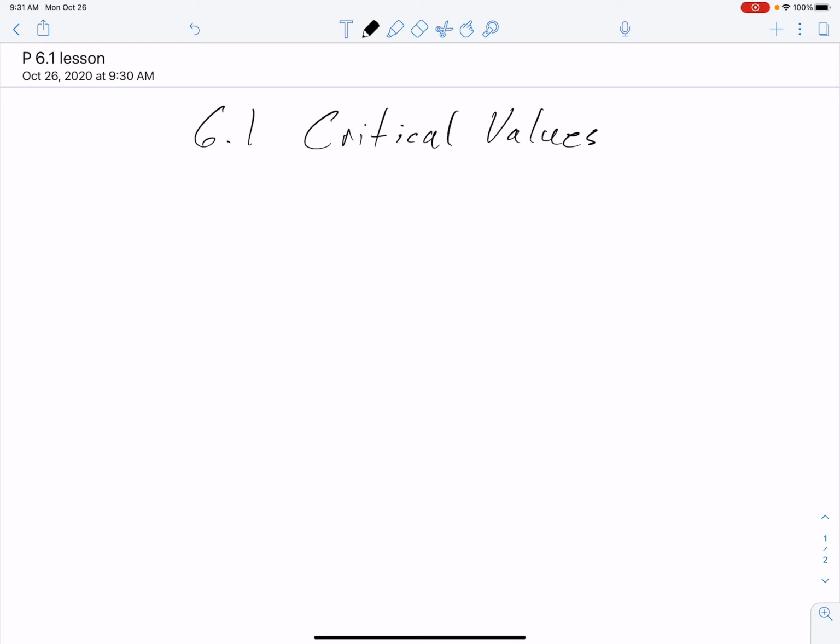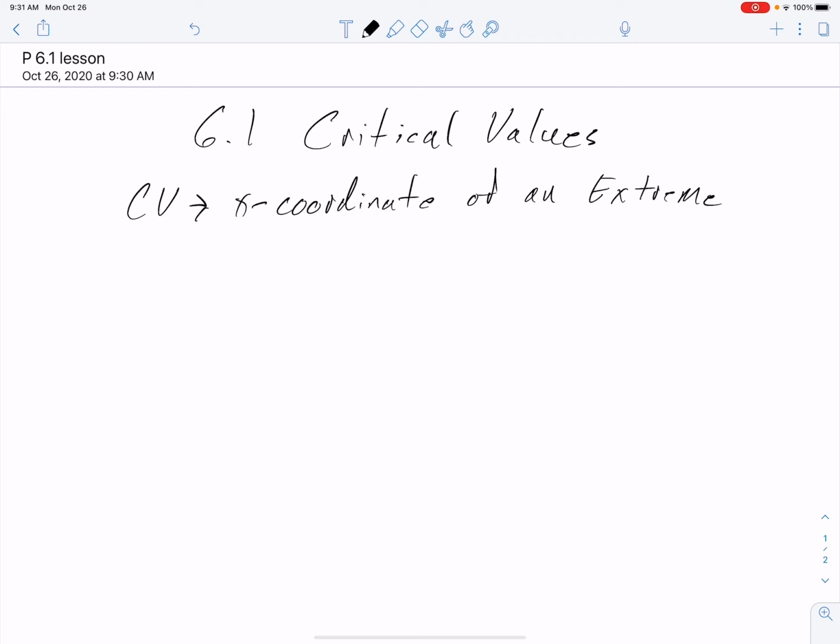Now, we already know that critical values are the x-coordinate of an extreme point. And that doesn't change. We just add some information to this and we find a new way to find critical values. So our new definition for critical values